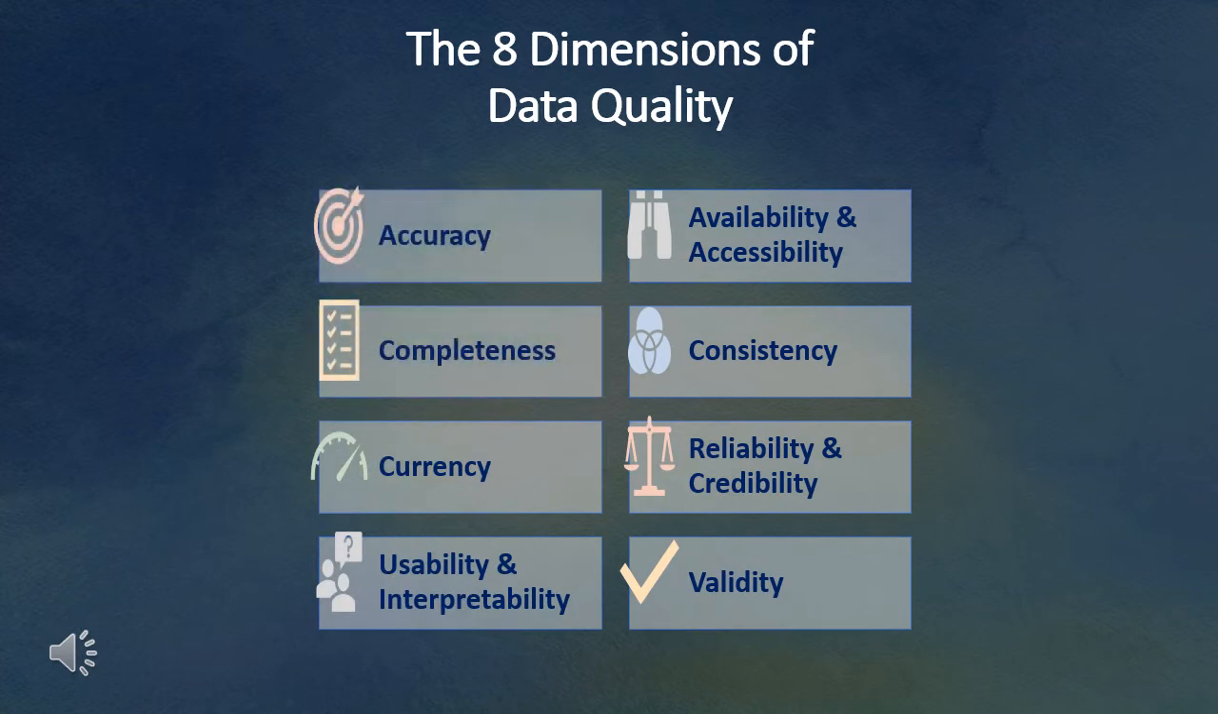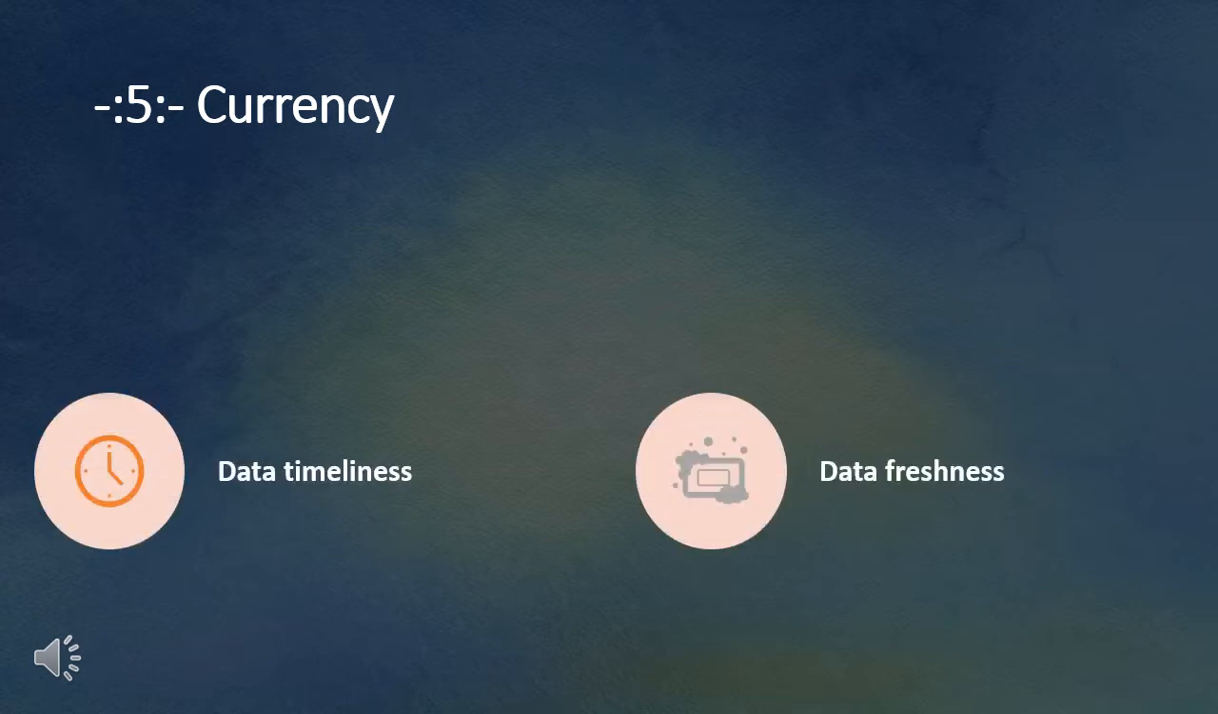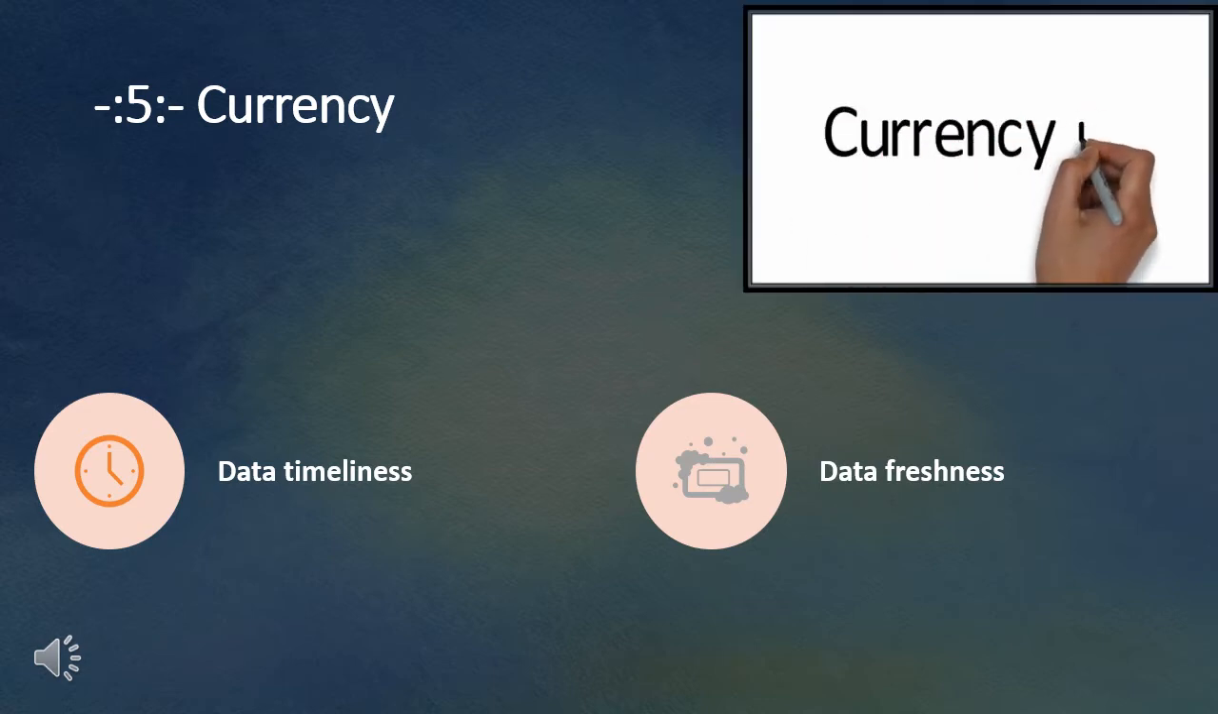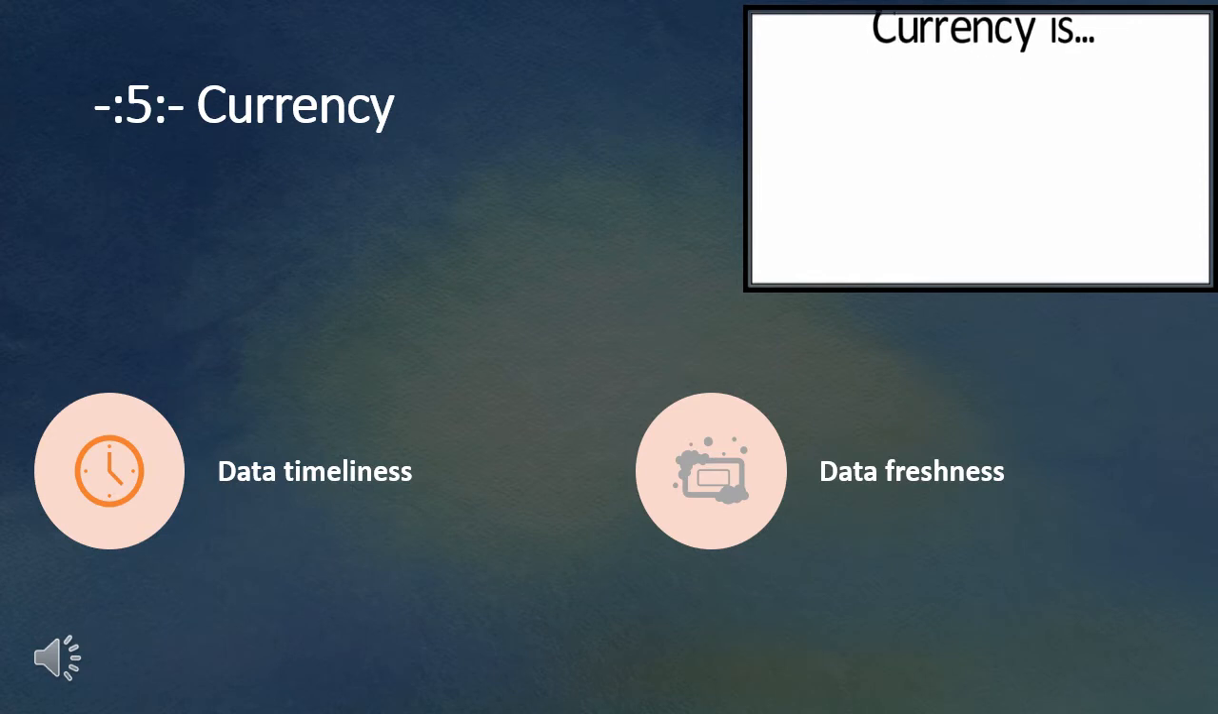Let's continue our deep dive into the dimensions of data quality. The fifth dimension is currency. Currency is measured by these two characteristics. The first is data timeliness. Data timeliness measures the delay between when data is available in the system versus when the data is available for